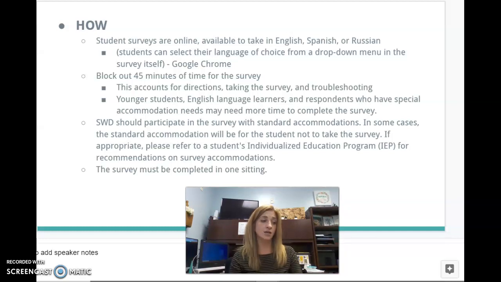Your surveying environment: ensure surveying spaces are free from noise and distractions. Set it up like you're going to do testing, or you're doing something important in your room where students need a quiet, as least distracting as possible environment. And you all know how to do that for your classroom.